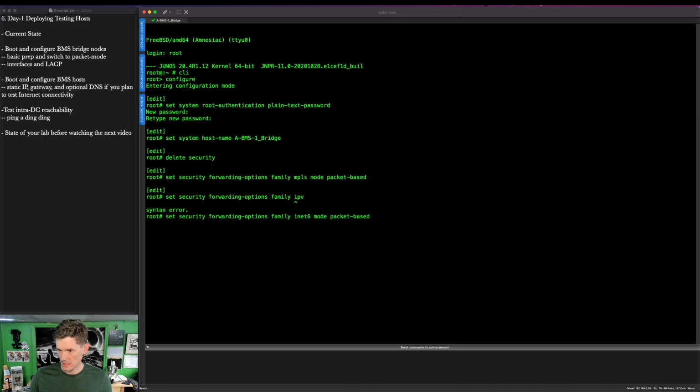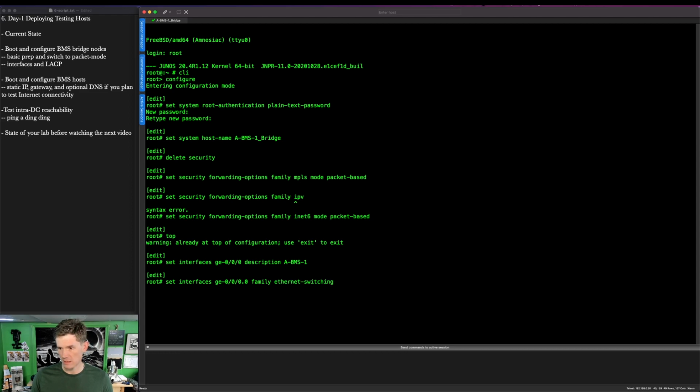Mode packet-based. Top, set. Oh, I'm already there. Right, of course. Interfaces ge-0/0/0 description A-BMS-1. Set interfaces ge-0/0/0.0 family ethernet-switching interface-mode access,